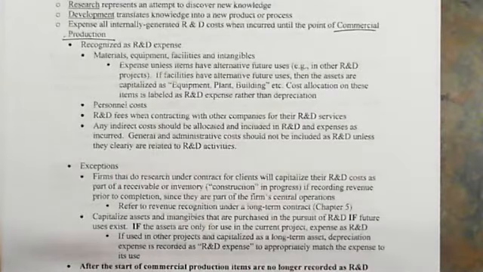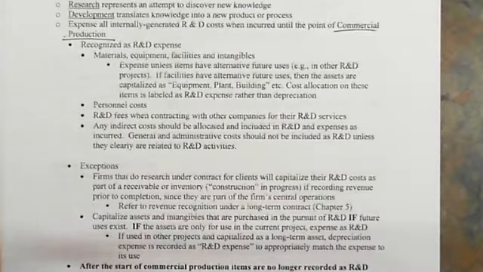So maybe we don't do all of our R&D in-house. We hire a consulting firm or another research firm, and they help us. That expense would then just be an income statement item, R&D expense. Any indirect costs that should be allocated, general and administrative costs, for example, shouldn't be included unless they are clearly related to R&D activities. So unless we have a clear bifurcation of what is going into our normal operations and what's going into R&D operations, be careful about just putting, for example, rent expense, salary expense to R&D activities,